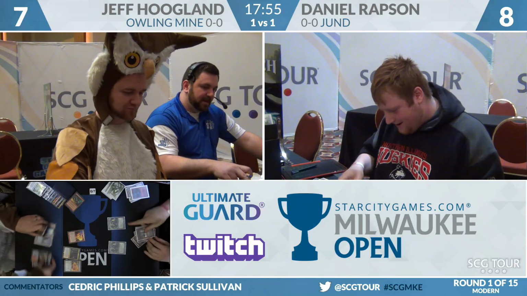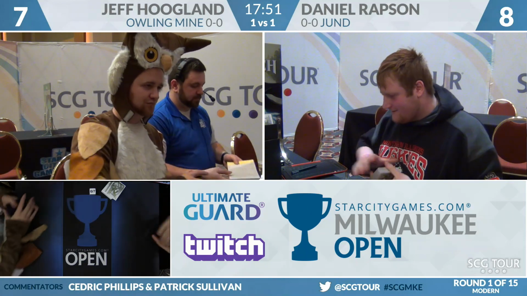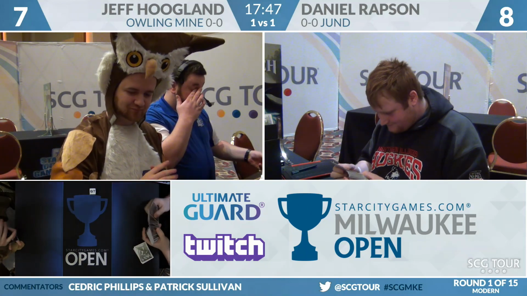Jeff Hoogland's going to win this match over Daniel Rapson, 2-1. Howling Mine is going to win this match over Jund. And all jokes aside, this actually does look like a pretty good matchup here for Jeff. Well, Jund